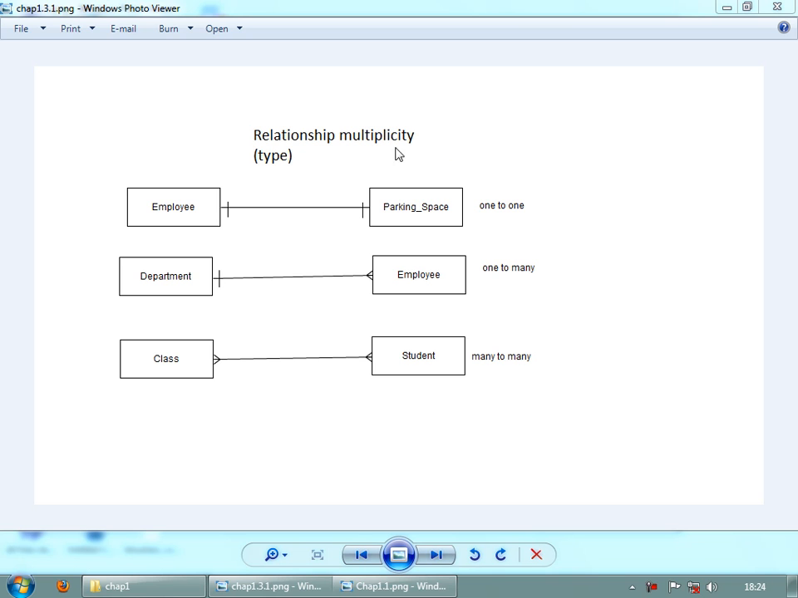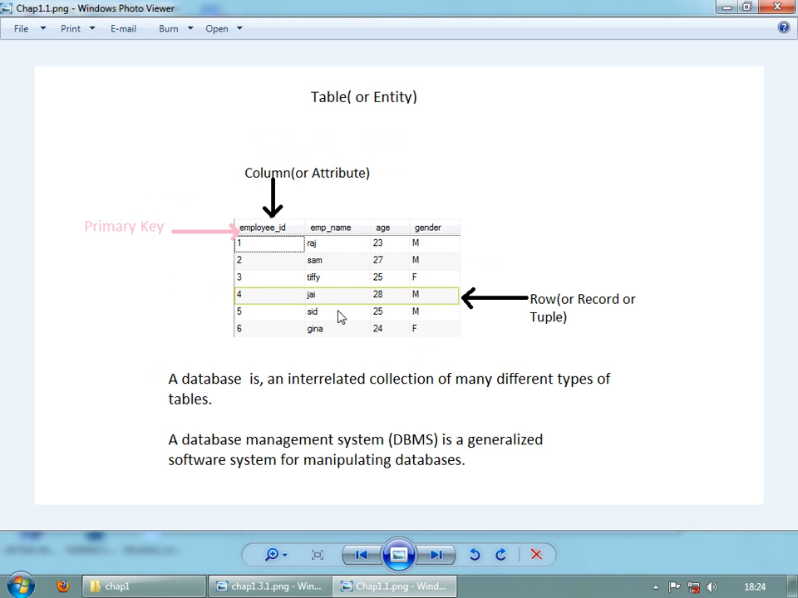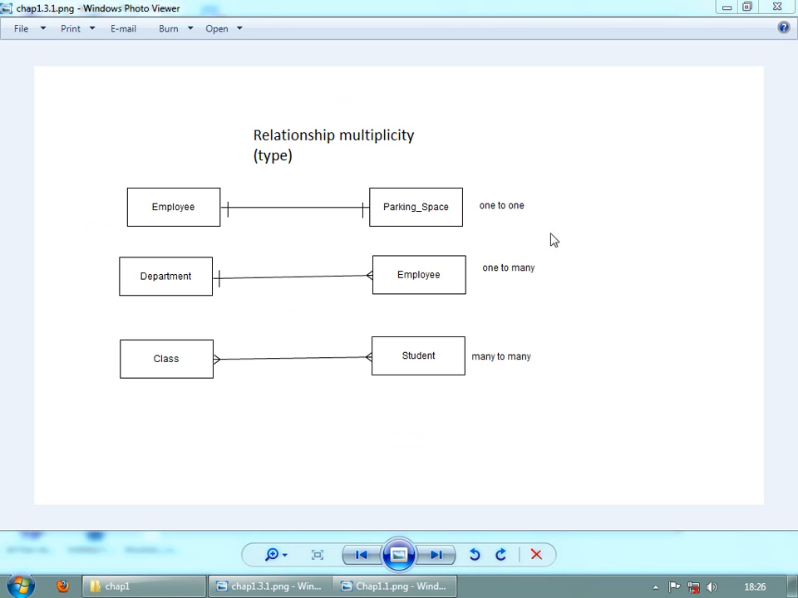Next, we are going to discuss three aspects of relationship. The first one is multiplicity, second one is degree, and third one is optionality. Now multiplicity means how many entity instances are involved in a relationship. So over here, the first diagram, this is an entity and each individual row is an entity instance. So multiplicity can be one to one, one to many, or considering from the other side, it's many to one